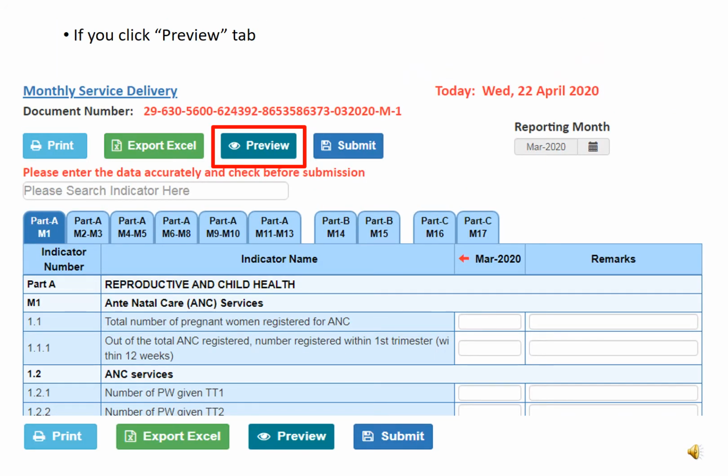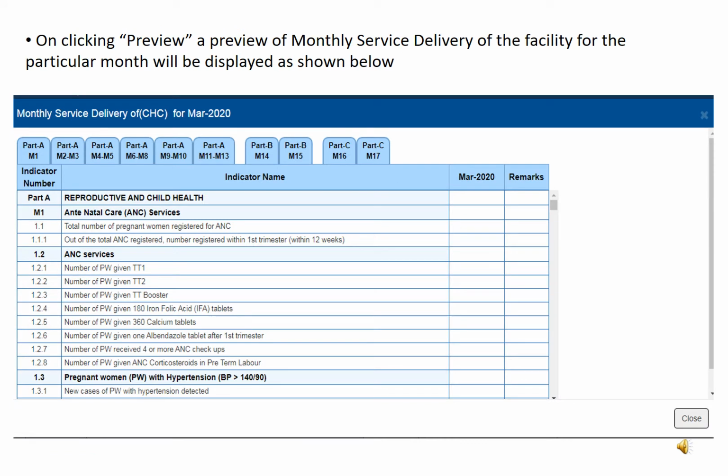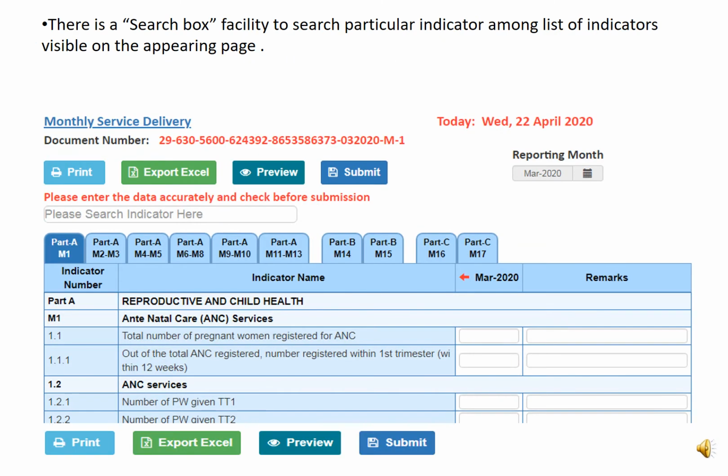If you click Preview tab, a preview of monthly service delivery of the facility for the particular month will be displayed as shown. There is a search box facility to search particular indicator among list of indicators visible on the appearing page.